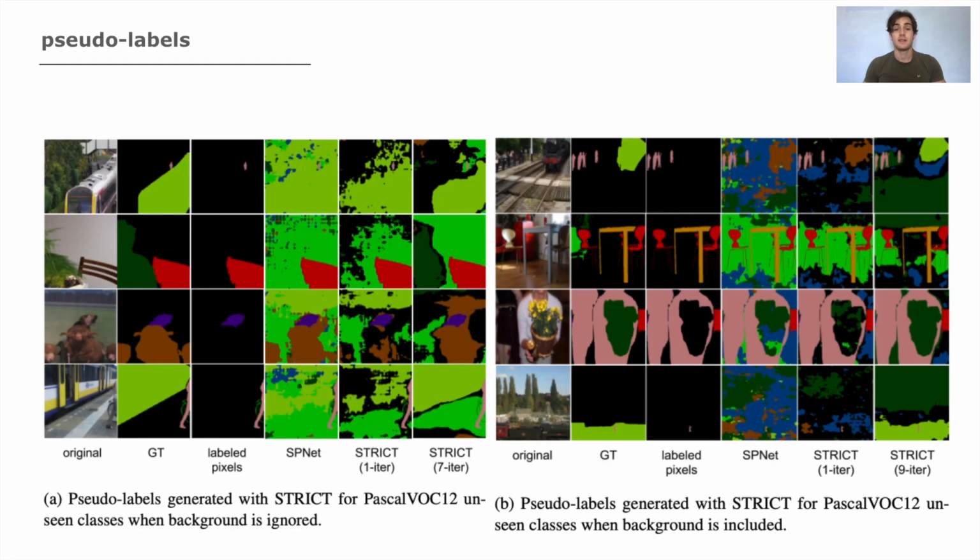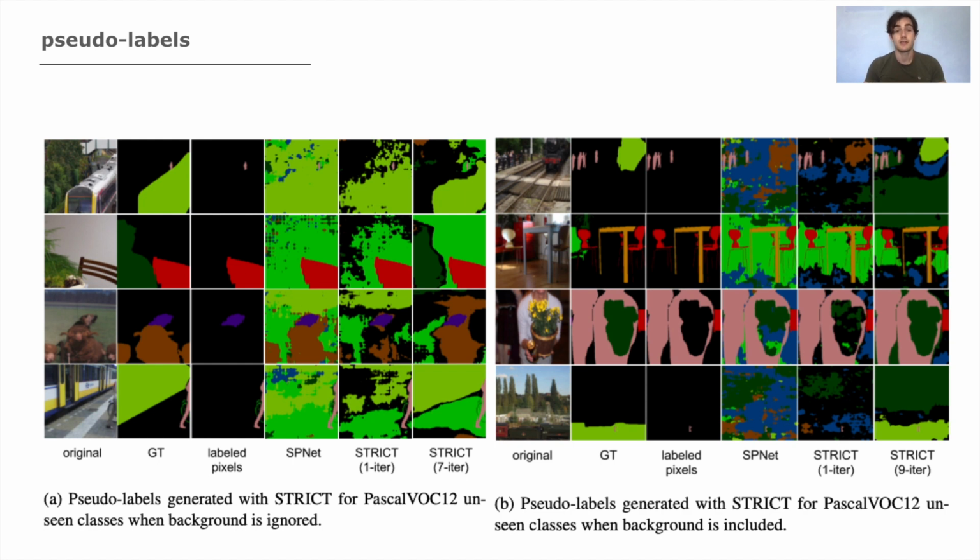Qualitatively, we can observe the pseudo-labels and the semantic segmentation mask our model is able to produce. In this slide, for each image, GT is the actual ground truth Y, while label pixel represents the annotation for scene classes that the model sees before the pseudo-labeling. From the figure, we can see that our starting point, SPNet plus hard pseudo-labeling, detects the presence of pixels on scene classes, but the predictions are noisy, with some pixels assigned to classes not present in the current image. Our consistency constraint STRICT allows us to largely reduce the noise, eliminating most of the pseudo-labels assigned to pixels of classes not present in the current image.